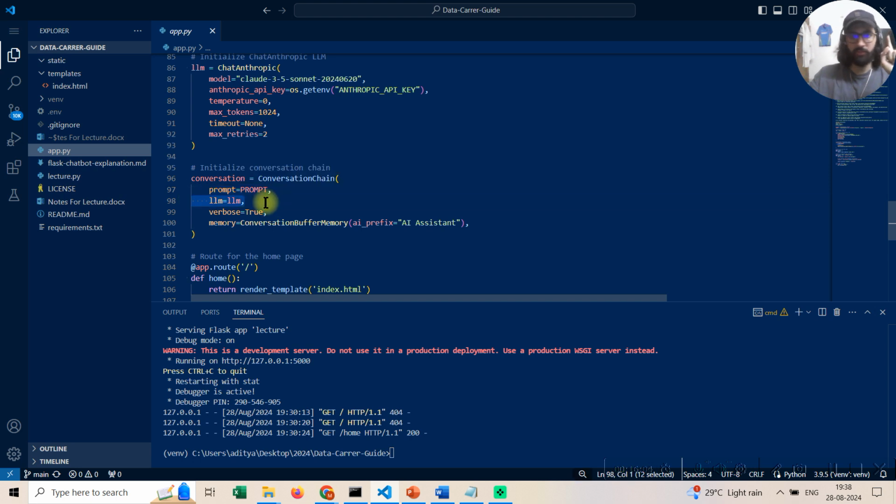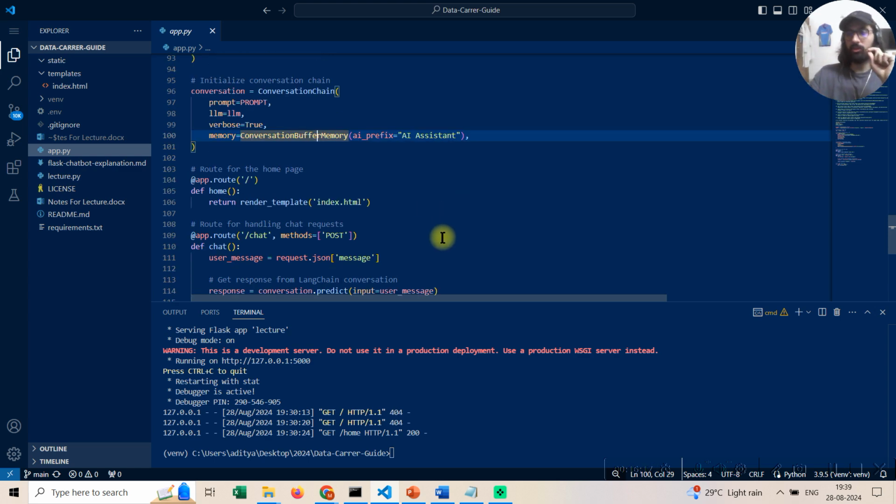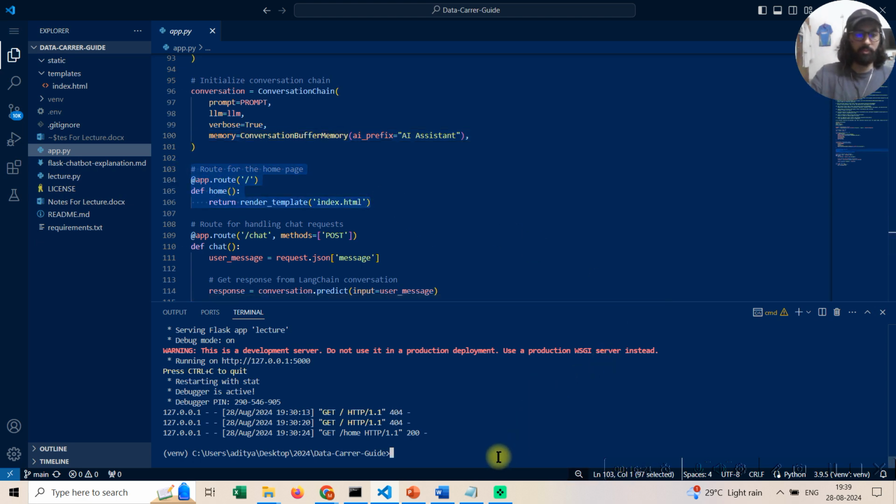I have defined the prompt, and I have defined the LLM. Verbose is equal to true, so it's just going to give a log. Then the memory: this is the memory module, conversation buffer memory. They have created a memory module for you so that you don't have to write a lot of code. Done. Now comes the interesting part: what will happen once the user goes to the base